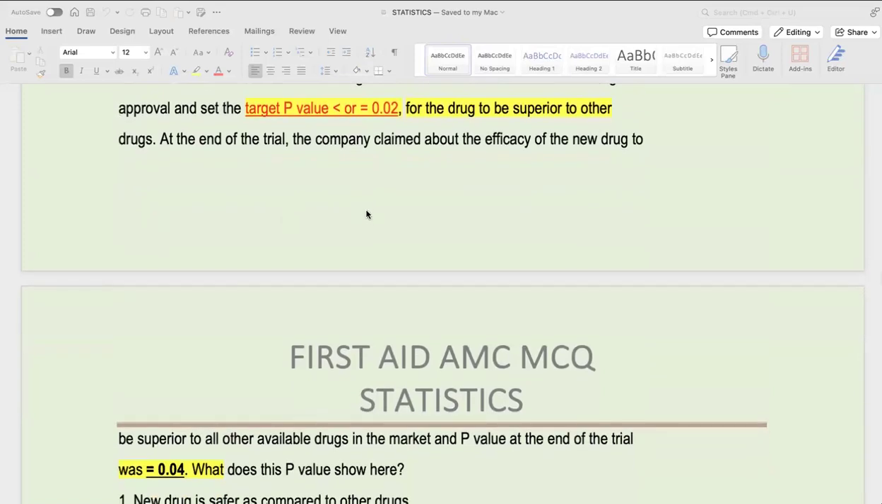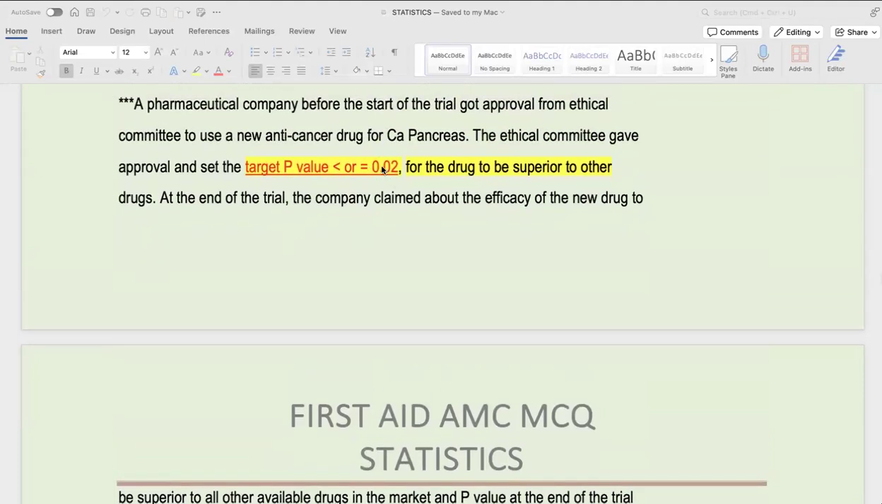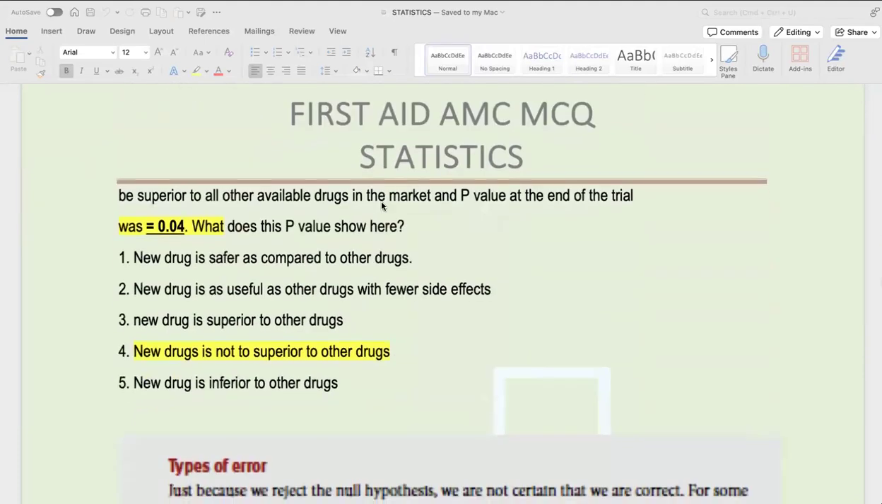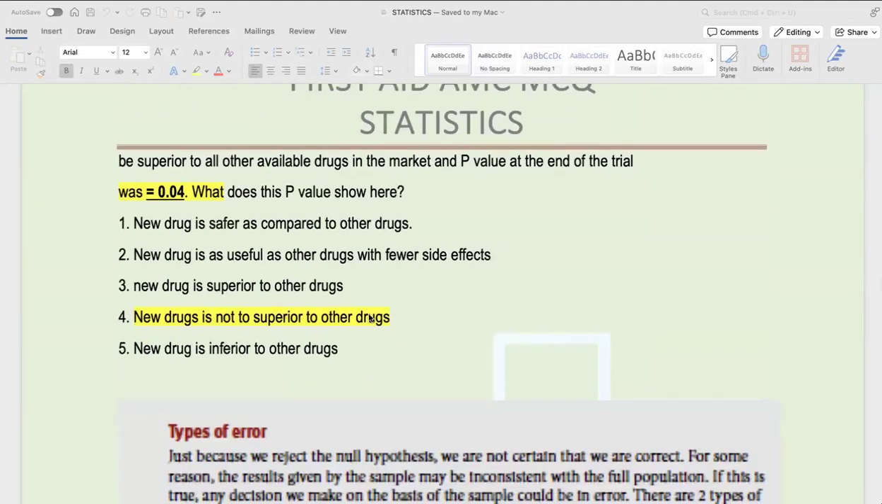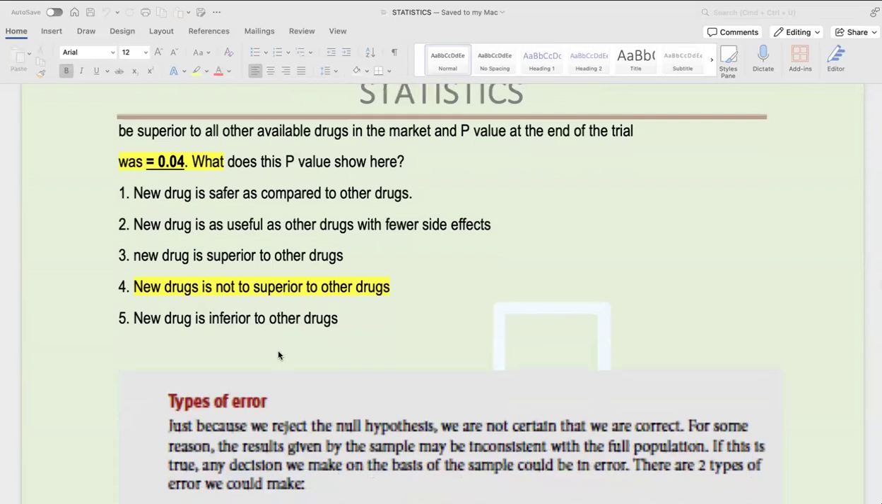And that we know from the p-value that it's 0.04, and it did not get the target value, which means it is not superior. That's the only comment we can do. We can't say it is safer, we can't say it is useful, we can't say it is inferior. Okay? So p-value, if it is not set by an ethics committee, the set value for p is 0.05 and